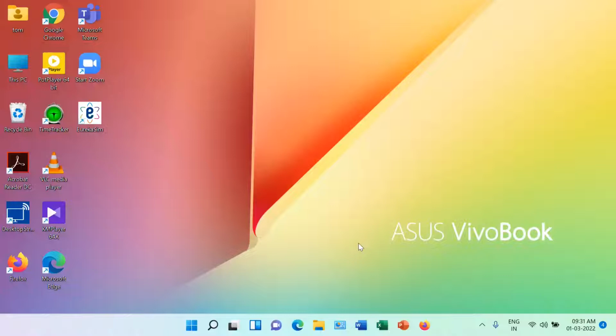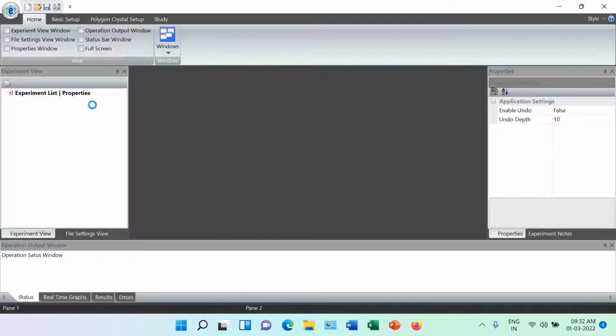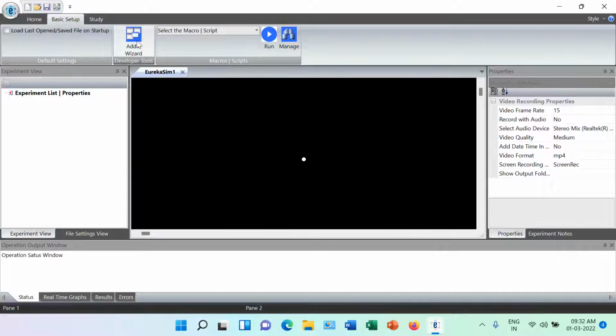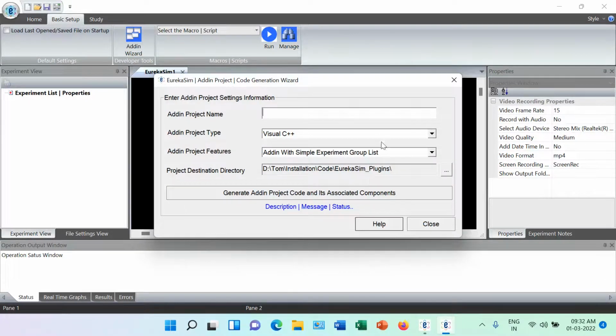Hello everyone. In this video tutorial, we will show you how to develop a basic Visual C++ EurekaSim add-in. For that, go to the EurekaSim application, then launch the add-in wizard. Launch the add-in wizard, then select symbol add-in, then enter hello